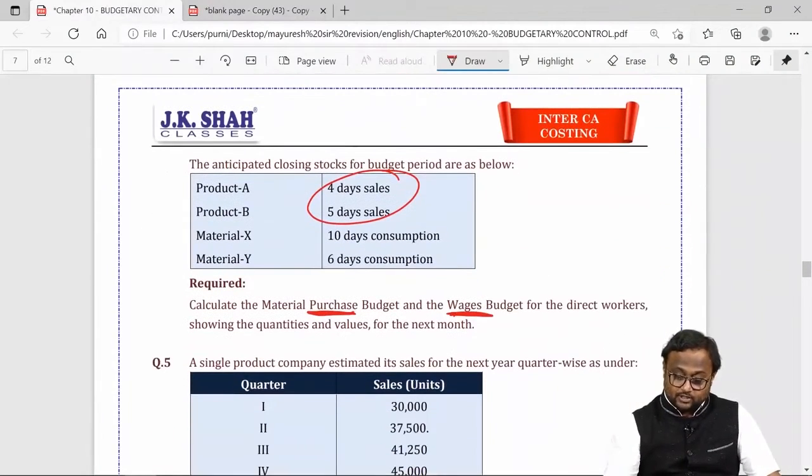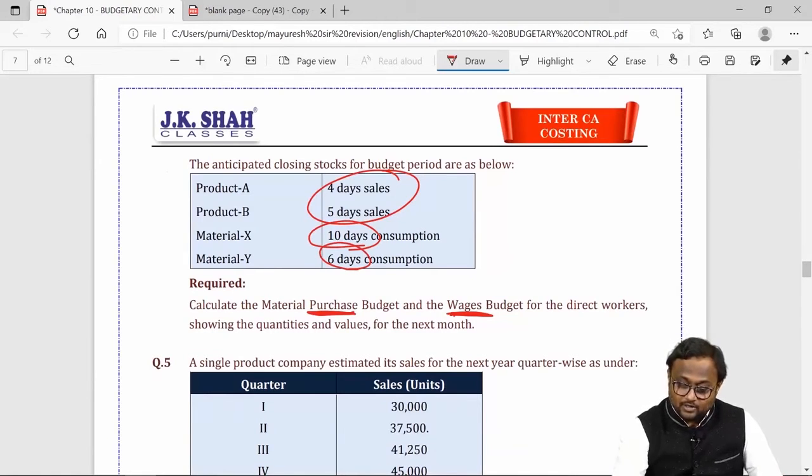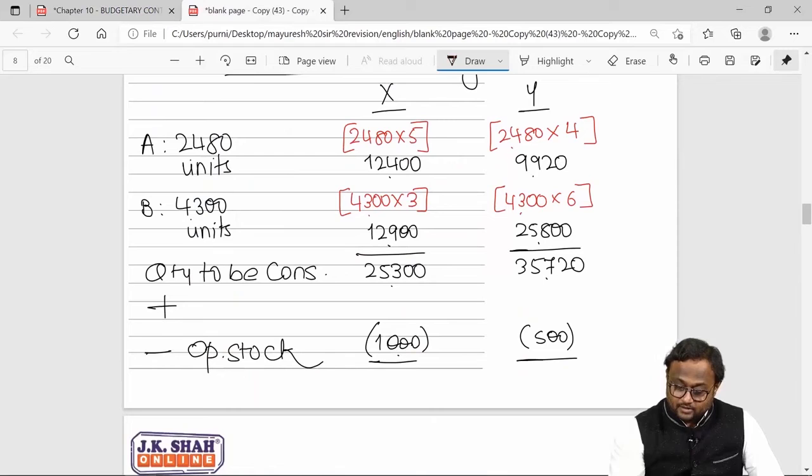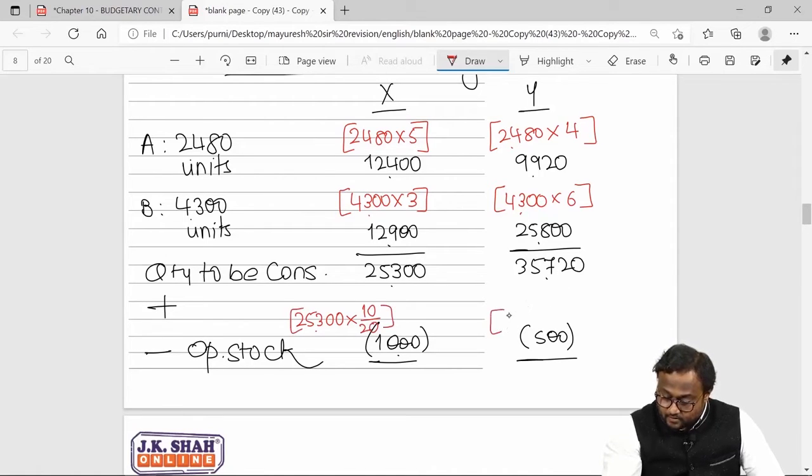What have they said about closing? 10 days consumption, 6 days consumption. Oh my God. This consumption, whatever we have got, is for 20 days, no? So 10 days consumption is going to be 25,300 into 10 upon 20, 35,720,